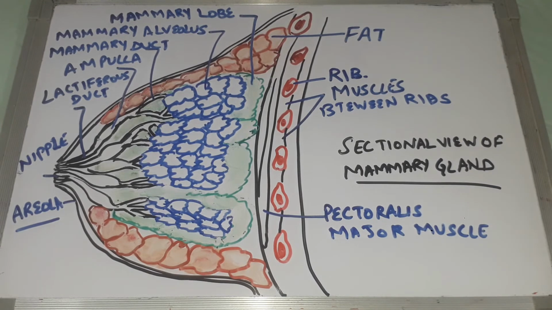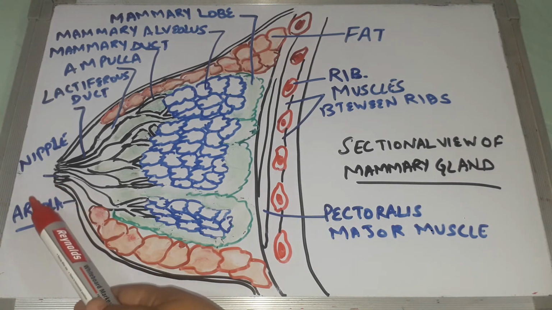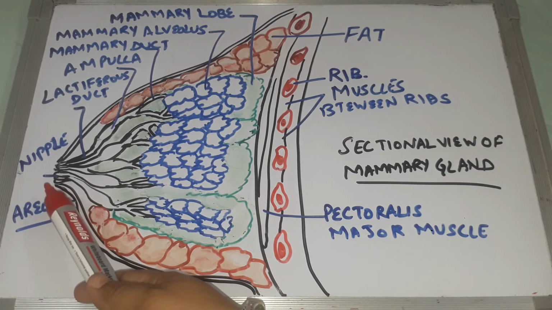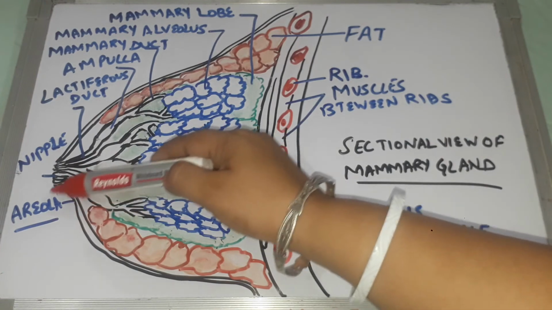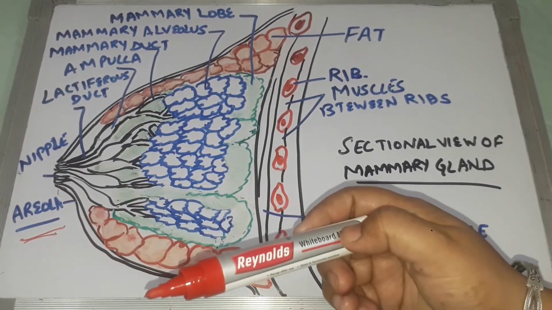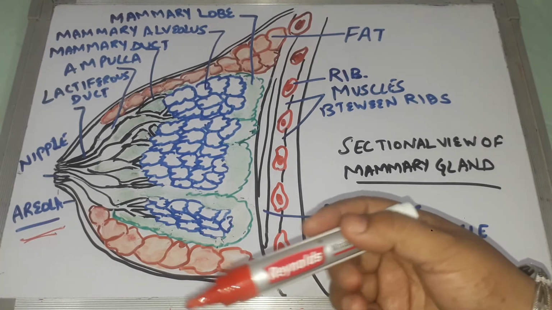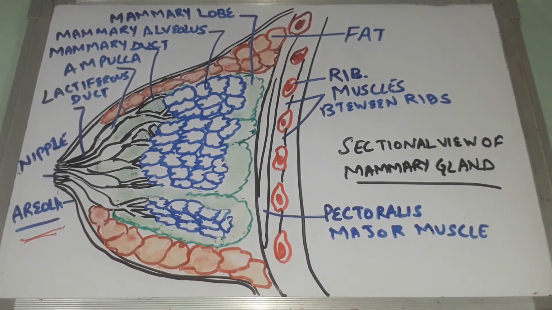These are also present in the males but only in rudimentary form. In the female, they are undeveloped until puberty, and at puberty they begin to develop under the influence of certain hormones like estrogen and progesterone. Externally, each breast consists of a structure called the nipple. The nipple is surrounded by a circular pigmented area of skin. This is called the areola. On the surface of the areola, there are a number of sebaceous glands which are called areolar glands. The functional mammary glands are the characteristic of mammalian females.